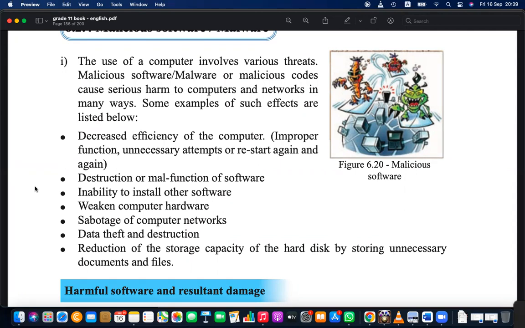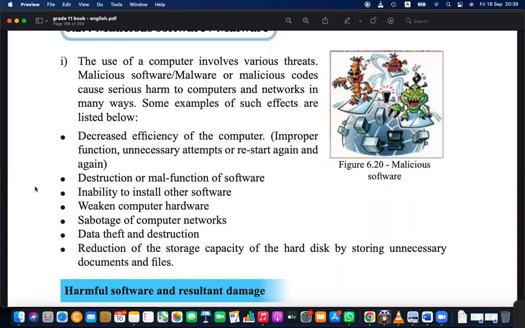Understand what kind of damage it can cause. Basically, it is misusing the computer resources.